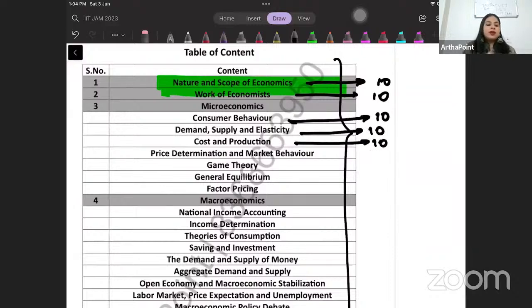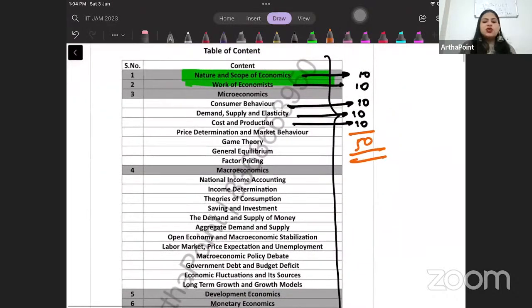For each topic, I have tried to cover 10 questions. My aim was to cover 50 questions with you, and I have covered those 50 questions. I hope this is going to help you in the final exam. Of course, as I told you, there are multiple 1,000+ questions. I cannot cover all of them, but this was just to help you with your final preparation. Best